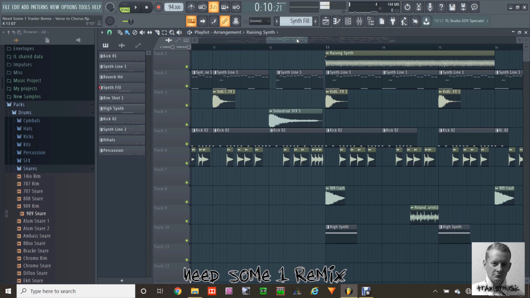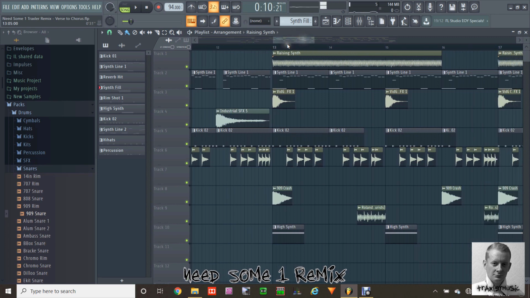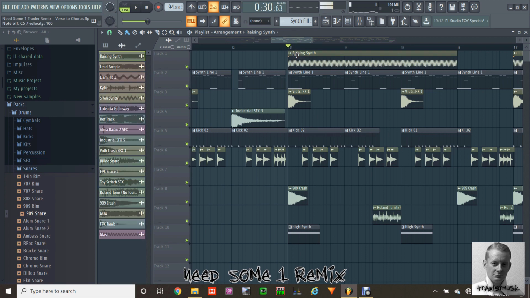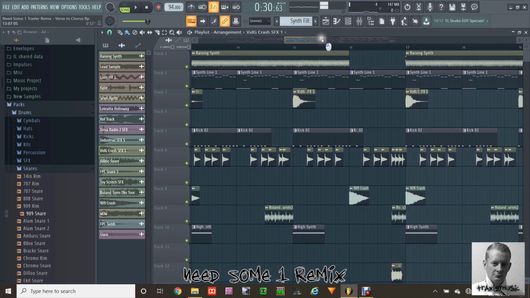So to carry on with that, the next thing I've done is just to add this rising synth sound again, which featured at the beginning, just to give something coming in the background. And we've got the 909 crash, and we've also got this sound effect. We've still got the snare, and we've still got the kick. We've still got the synth line, and we have